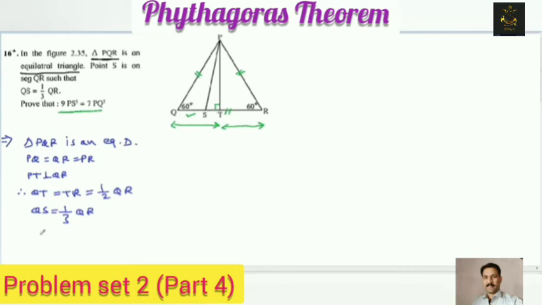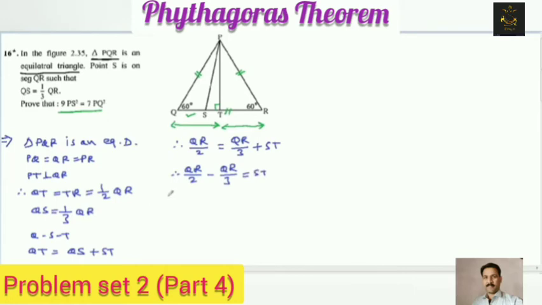See here, this is Q, S, T. That means QT is equal to QS plus ST. We'll put the values here. What is QT? Which is half of QR. Means QR upon 2 is equal to QS. QS also we know, which is QR upon 3, and plus ST. That ST is the very important one, so we'll take it to this side. So what we'll get here? QR upon 2 minus QR upon 3 is equal to ST.